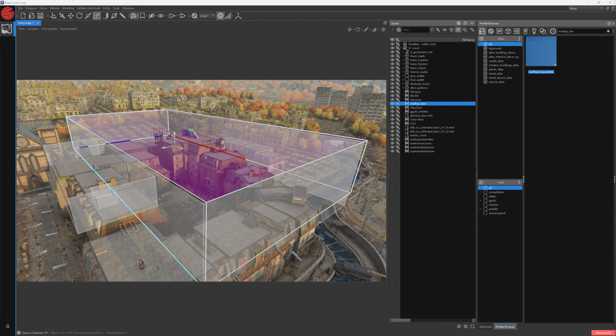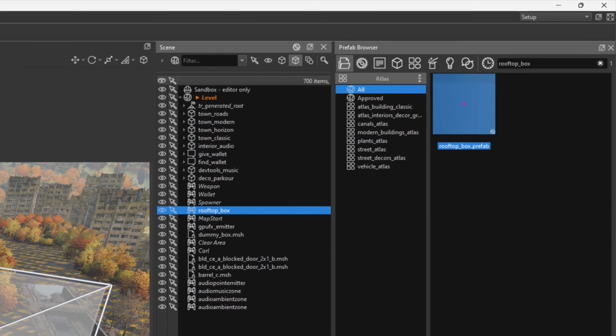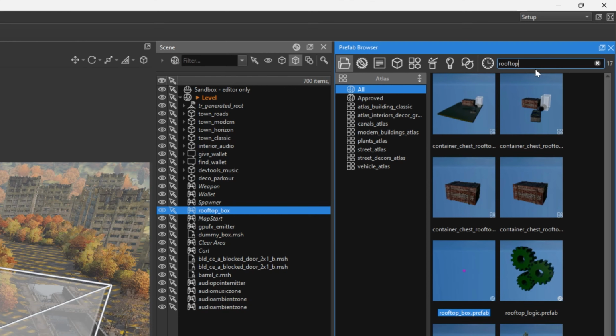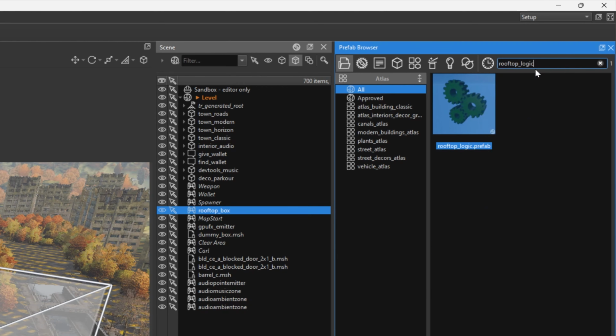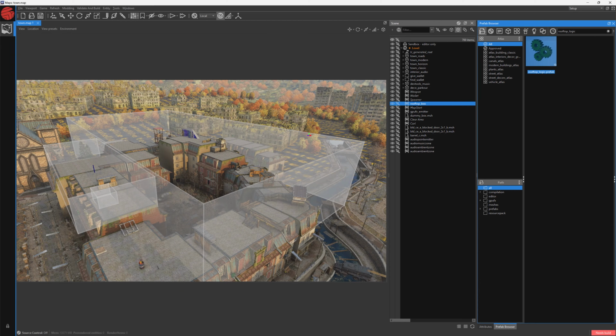The only thing that matters in the end is that you connect your rooftop box to Room Logic once you're done setting it up. You've done something similar to this with the Room Box at the end of the previous episode, so you should have no problem. But in case you need a nice reminder, search Rooftop Logic in the prefab browser. Place it inside of your rooftop box.